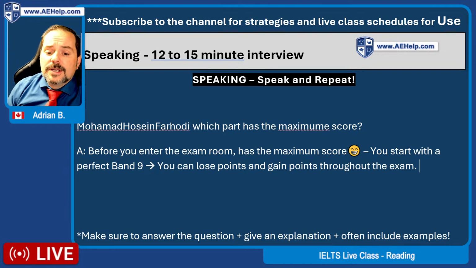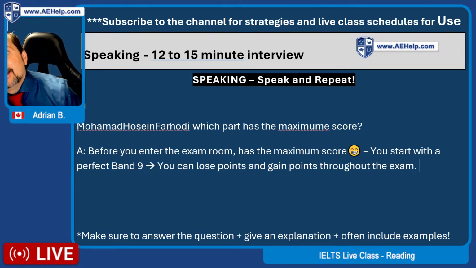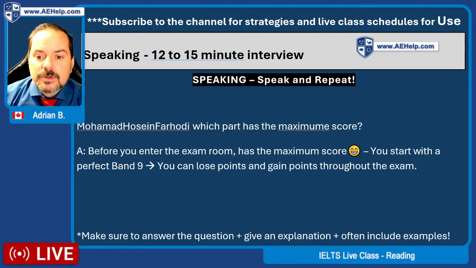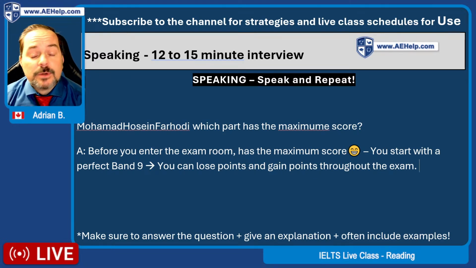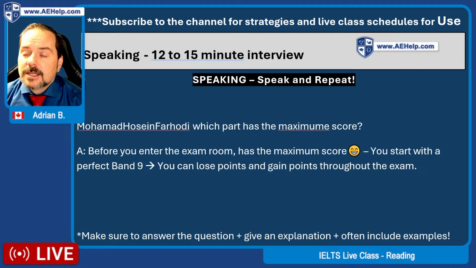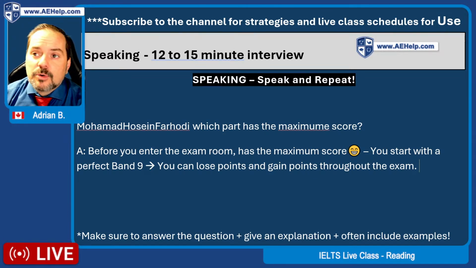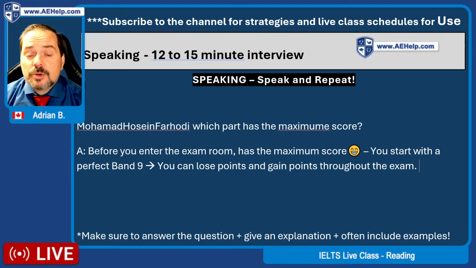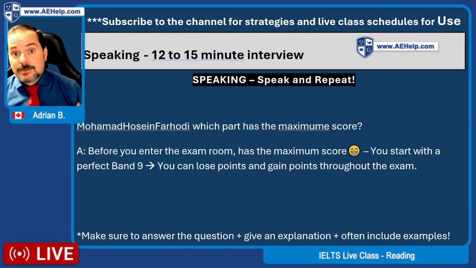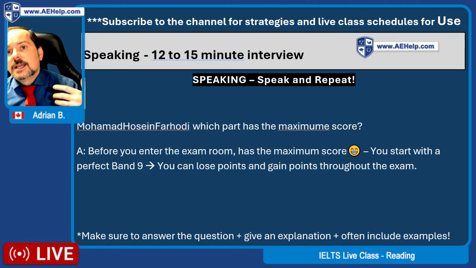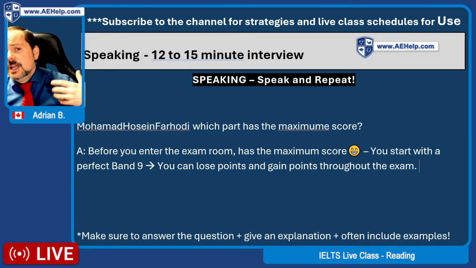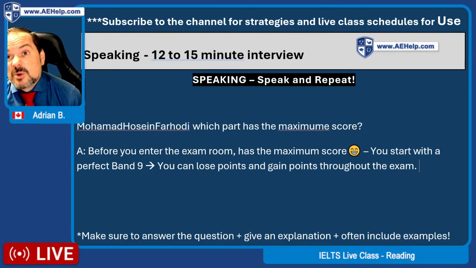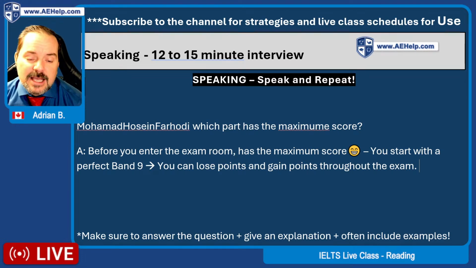You can lose points and gain points throughout the exam. This is why a computer cannot examine you. We don't have computer technology, even with AI, that is so advanced that it can measure how nervous you are, how poorly you speak in the beginning, how much better you speak later on. Some people start with a super awesome part 1 and they sound great, and the examiner's like, wow, this person's like a band 8, and then they get into a cue card, they have to talk for 2 minutes, they have a part 3 with some more complicated questions, and it all falls apart. They were a band 8, but I can tell that they're not quite that good. They just had a lot of confidence in part 1, so they're probably like a band 7.